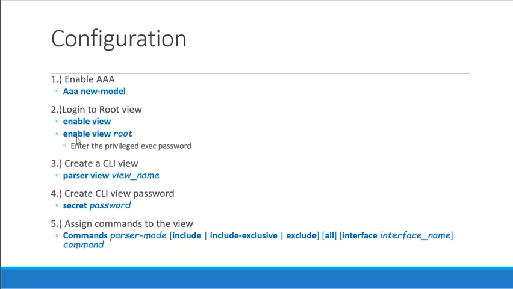We can do either of these commands. So we could do enable view root then. And then again, it's still going to ask for the privilege exec password. When I want to create a view, I use the parser view command. So it's parser view, and then whatever I want to name that view,